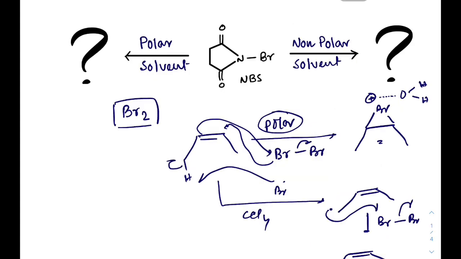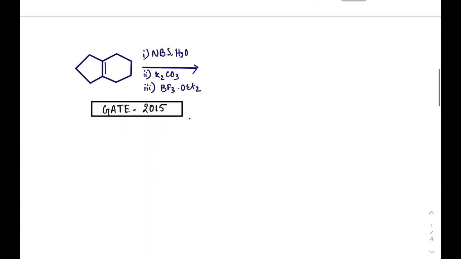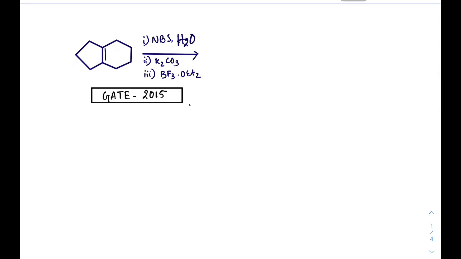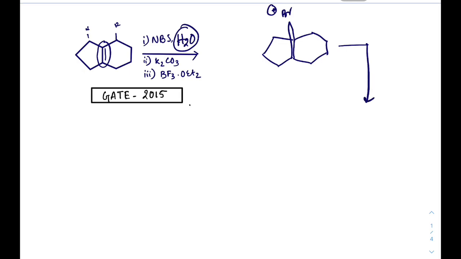Now we will discuss the examples that came in previous years in CSIR NET and GATE. Now our first example is like this. In the presence of this type of olefin there is also allylic hydrogen, as well as this is a polar solvent medium. So as we have discussed the concept before, in the presence of a polar solvent it favors this type of bromonium ion. If we draw the bromonium ion, Br positive. I have drawn it pretty badly, please consider that.